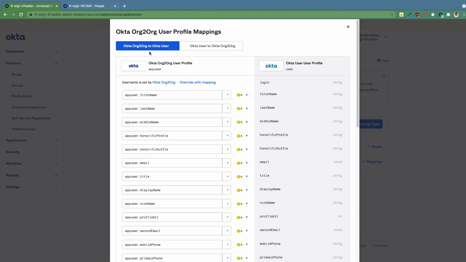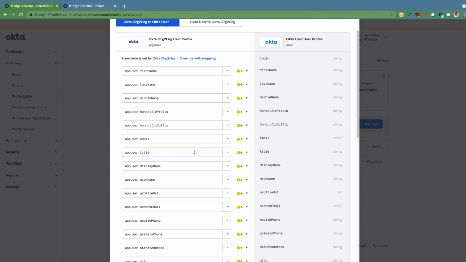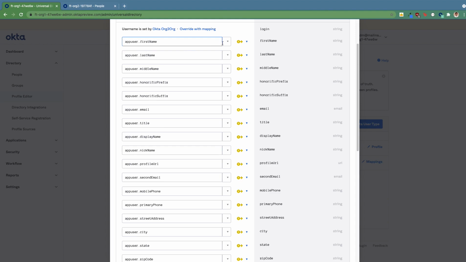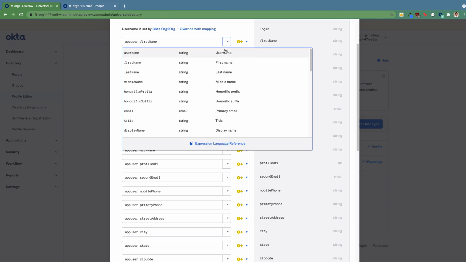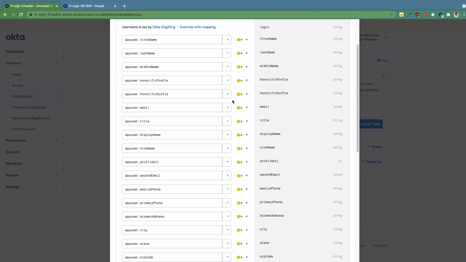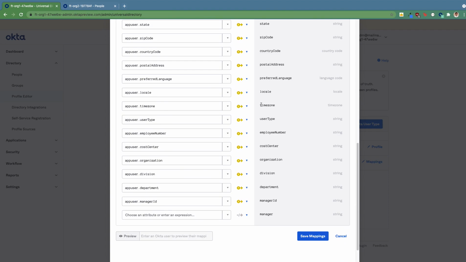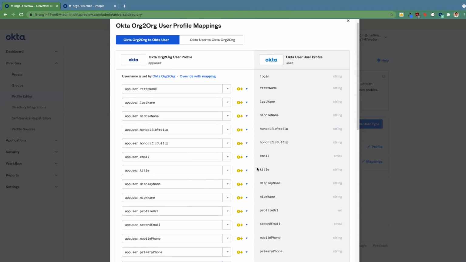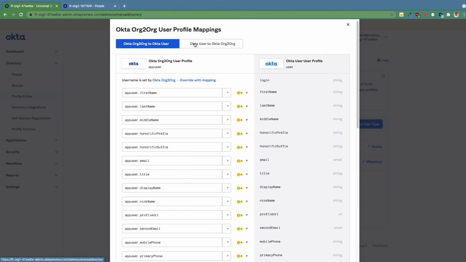But before that, we can see that from the Okta org to the Okta user, this is essentially from the app to Okta, what we're getting from the other organization. We can define, using expression language, exactly how we want our particular attributes coming in. We have a lot of the attributes that we're directly importing,